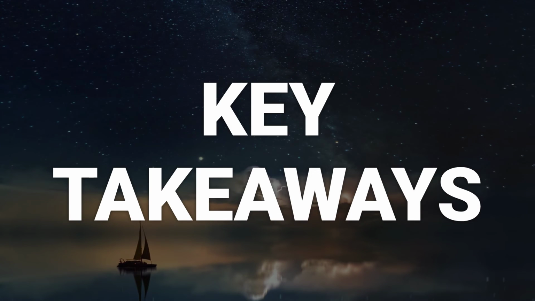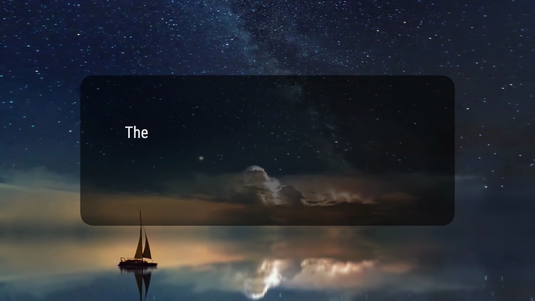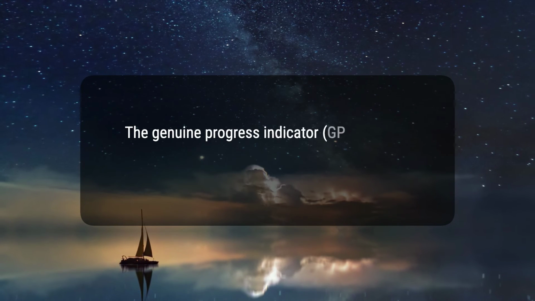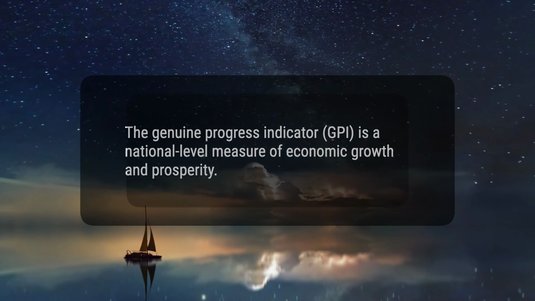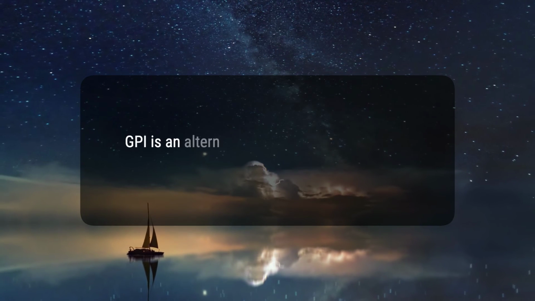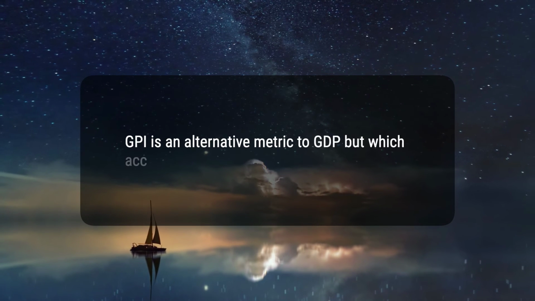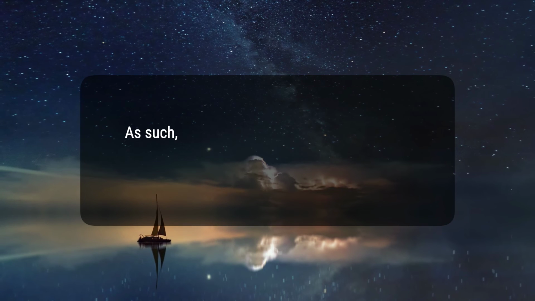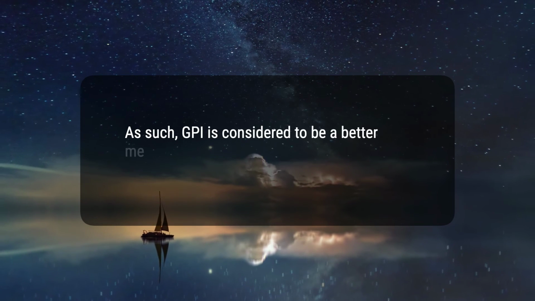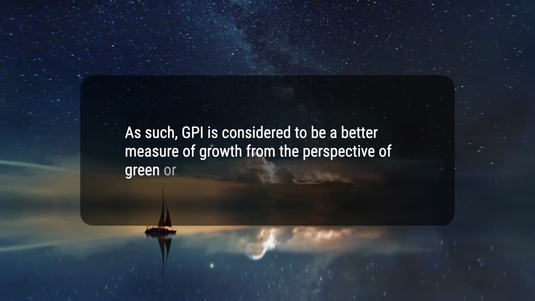Here are 5 key takeaways. 1. The Genuine Progress Indicator, GPI, is a national-level measure of economic growth and prosperity. 2. GPI is an alternative metric to GDP but which accounts for externalities such as pollution. 3. As such, GPI is considered to be a better measure of growth from the perspective of green or social